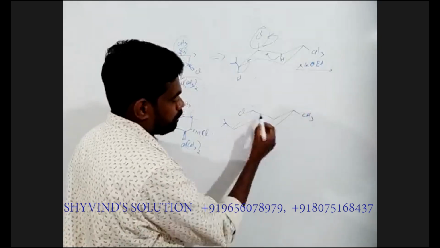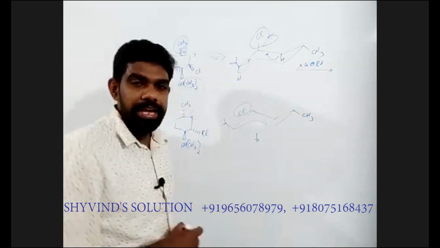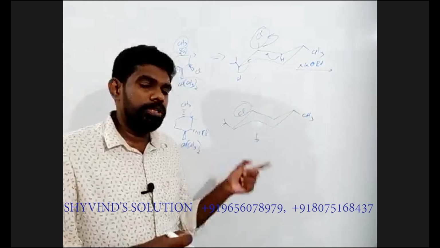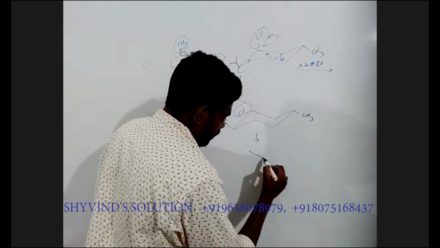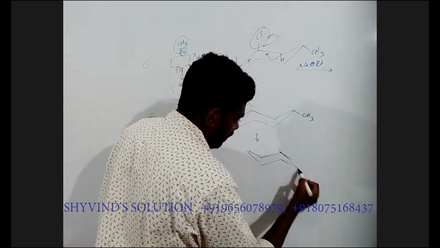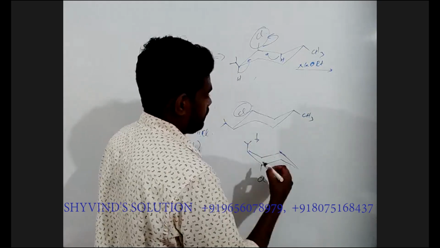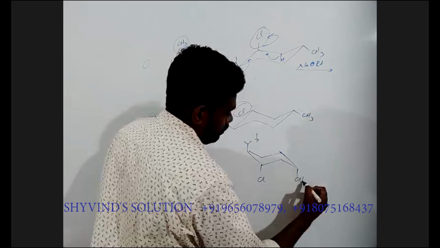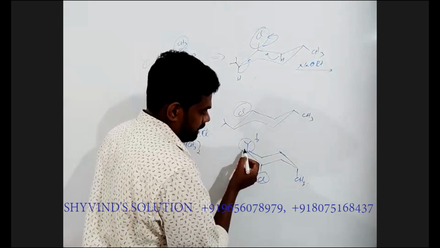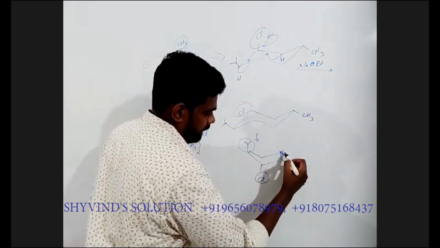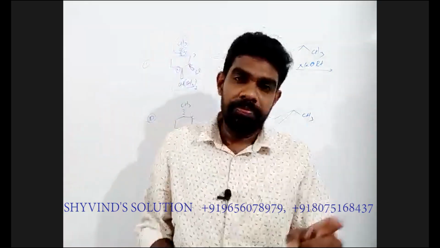So this should also undergo a ring flipping because this leaving group is at the equatorial position. If the leaving group is at the equatorial position, it can't undergo E2 elimination. It should undergo ring flipping. So if it undergoes ring flipping, you will get this product, chlorine at the axial position, and this is also at the axial position. So you can see the anti-periplanar of this carbon is already occupied by the isopropyl group. Only this hydrogen is at the anti-periplanar position. So for option D also, you will get only one product.